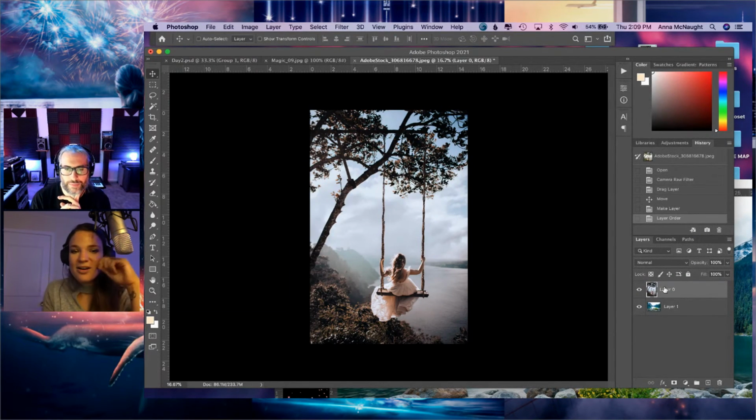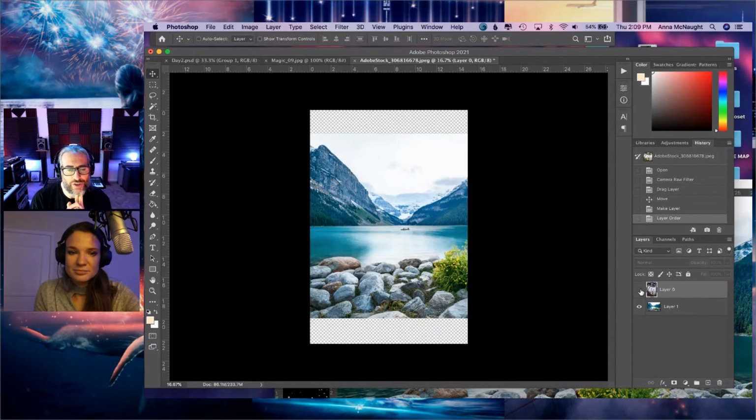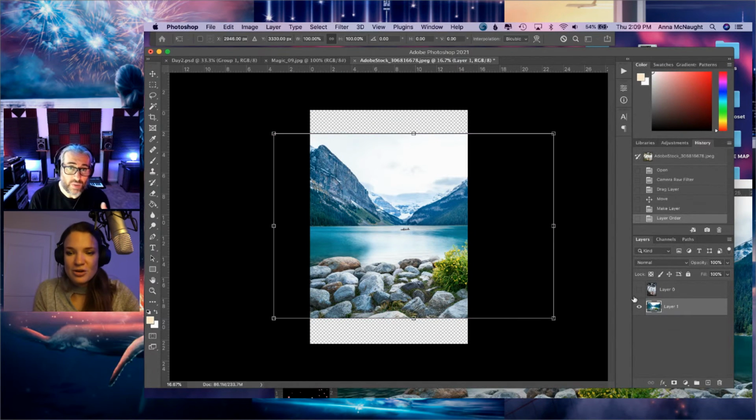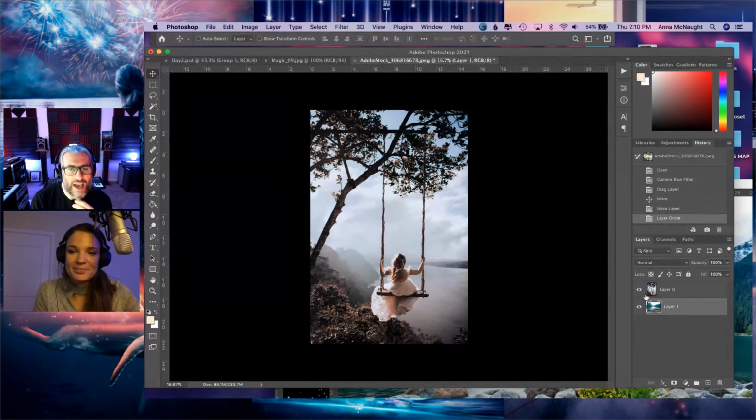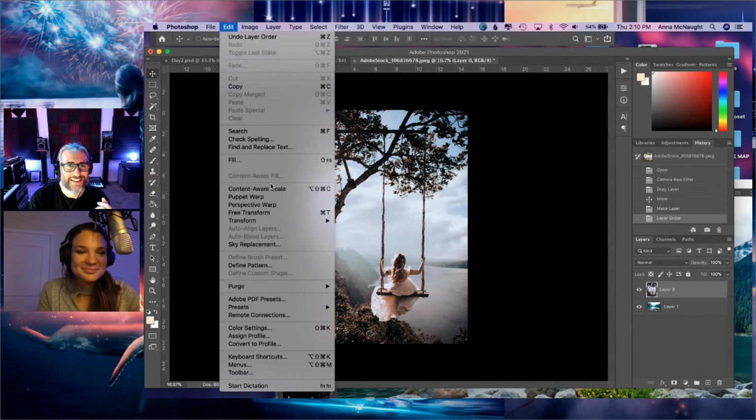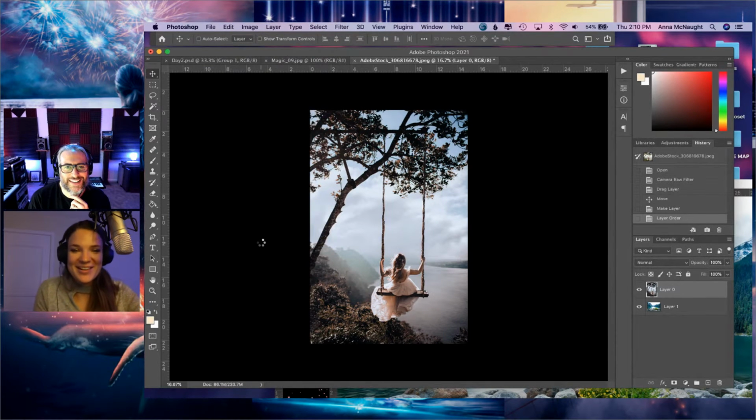I'd be curious, what do you think the sky replacement would do? Would it only be the sky? I was curious too, because you've got that misty, soft edge in the distance on the old one. Oh, you went for this image? No, for the swing image. Yeah, give it a shot. Okay, let's try it out. Now I'm just going to try it on everything.